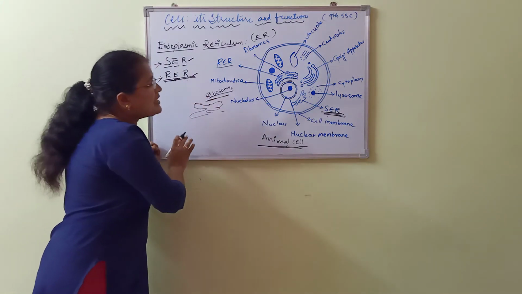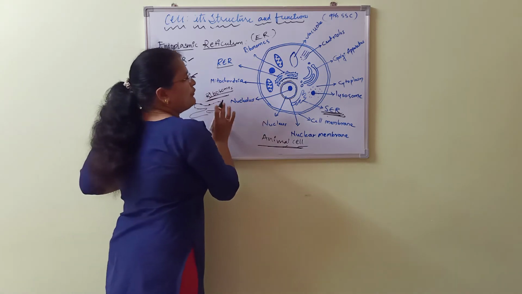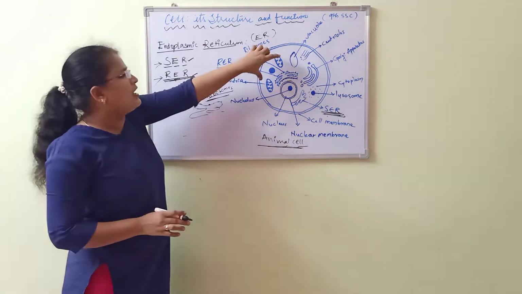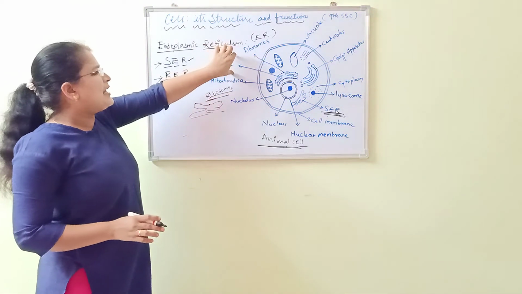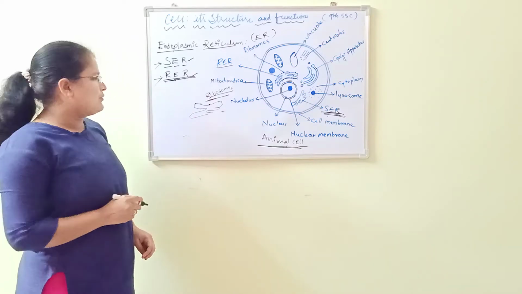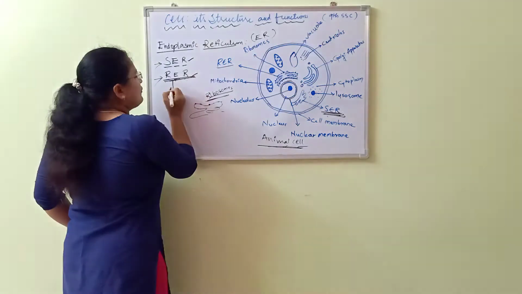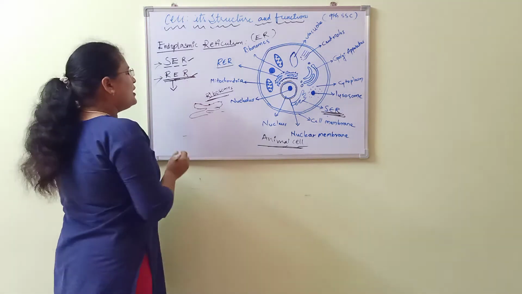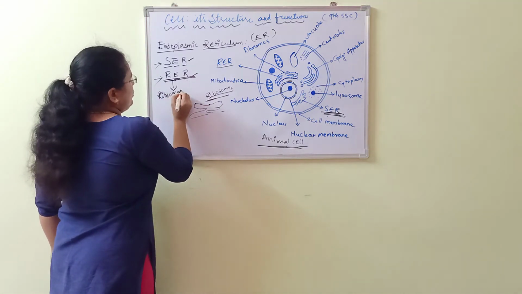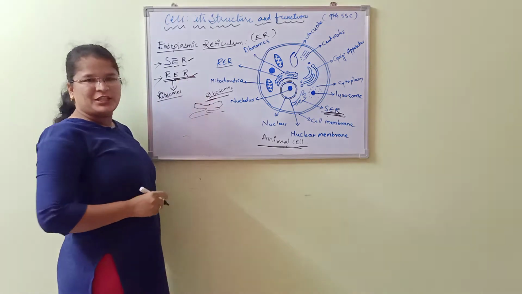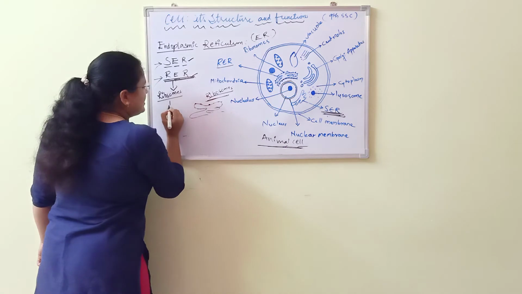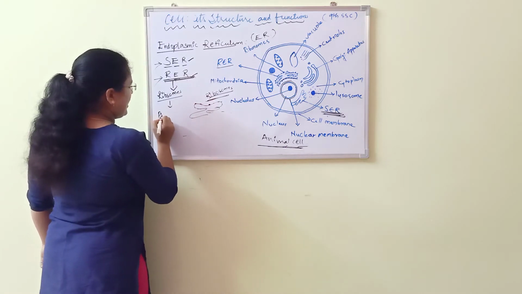See, not only the structure, the function also differs from one to another. The function of the RER and SER is quite different. Why is it different? What is the function of the RER? Due to the presence of the ribosomes, these are known as RERs, meaning rough endoplasmic reticulum. See, the function of the RER is nothing but protein synthesis.